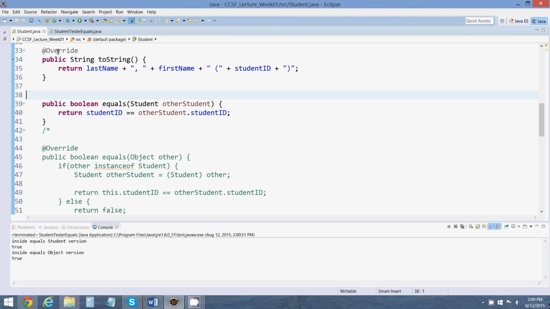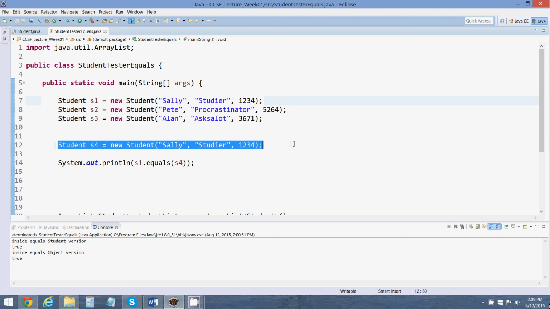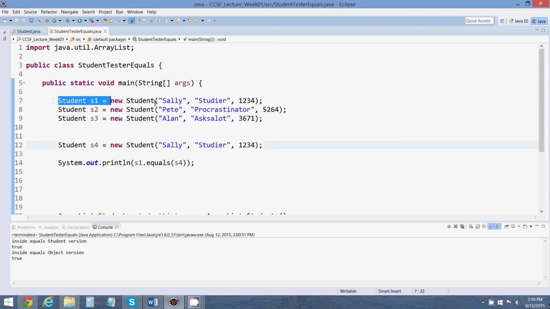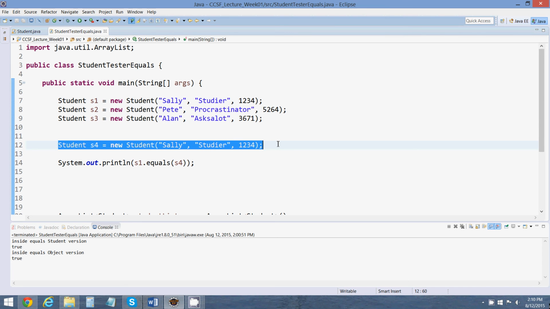Why does that matter? So if we had a class that created some students, here we create 3 students, and then let's create a 4th student with the same information as s1. So we have s1 with the ID 1234 and s4 also with the ID 1234. Again, you can think about in a realistic setting, maybe you were drawing data from one place in your database about students that are enrolled in a course, and then data from another place in your database about students that owe tuition or something like that, and you want to compare your 2 lists. So what you really want to know is whether this student s1 is the same as, quote, student s4,